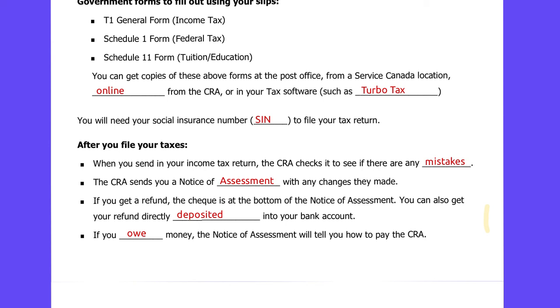If you get a refund, there will be a check at the bottom of this that you can deposit to your bank account, or you may have it set up for direct deposit, so it'll go into your bank account automatically shortly after you file your taxes and the government's had a chance to look through everything and check for mistakes. If you owe money, it will also tell you on this notice of assessment how much you owe and how to pay the CRA.